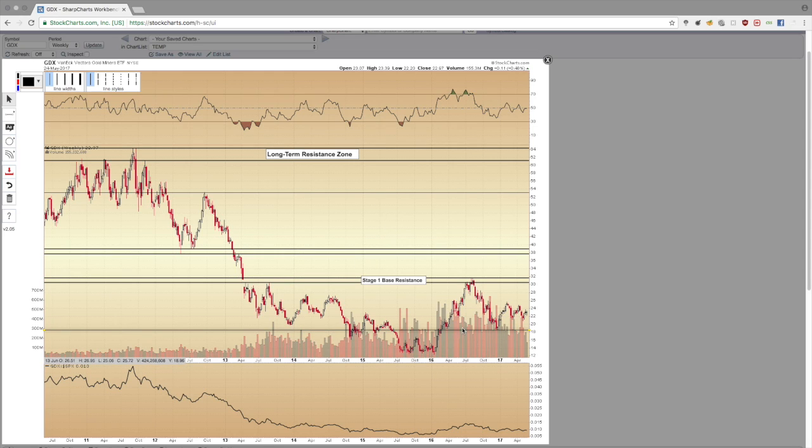Right now, though, since we are on the long-term perspective and we're trying to get the idea, big picture, what is happening here in this sector, I just want to keep the major swing points on the chart. I don't want to put any of the other resistance levels here other than the major ones. So these are the levels from a horizontal standpoint.